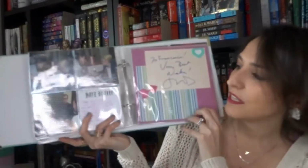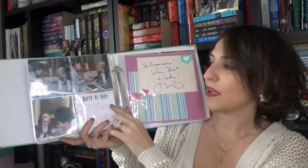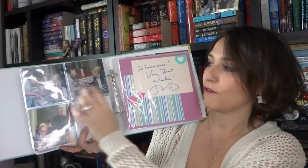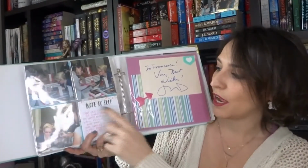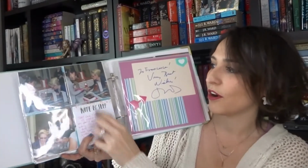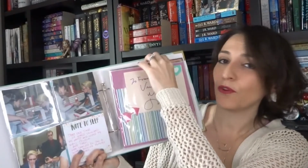And hopefully you can see this. I don't know if the light is going to mess it up, but I am able to cut up pictures. So like here I use a 4-pocket photo page, and I put a little note in a Project Life card. I cut up the pictures. I did use the card as well, and this one is a full page. So you can really customize it once you come home,